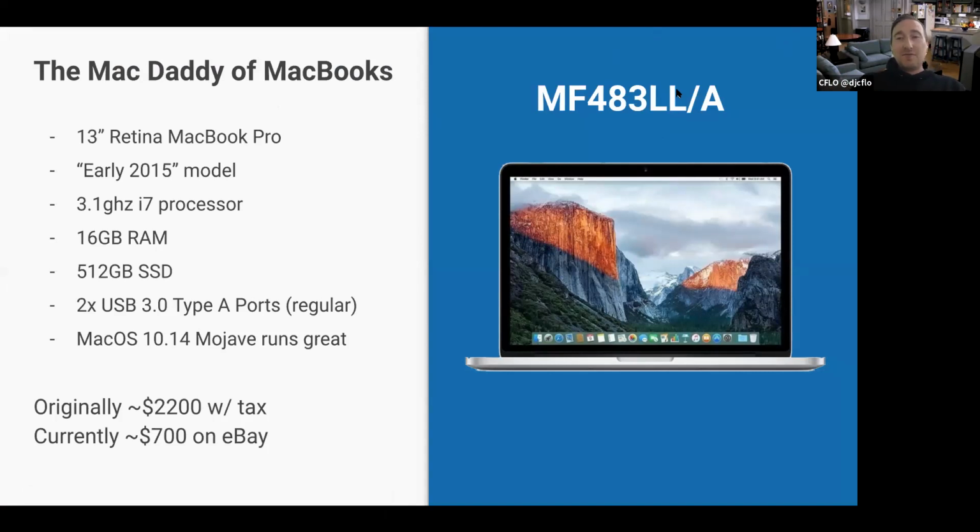And the reason it's good for DJs, it's got the regular USB ports, like the classic. You can go to the club. You don't need adapters. You don't need special cables. And macOS Mojave runs great on it. Now, originally it was over $2,200, and these days you can get it for like $657 used or refurbished on eBay. So it's quite well within reach if you're upgrading and if you're looking to get a new computer, but